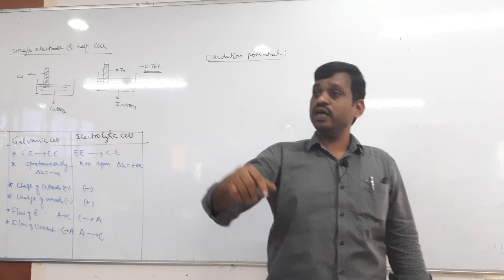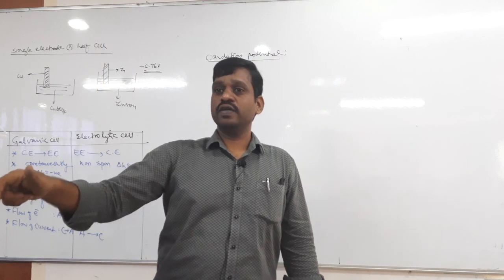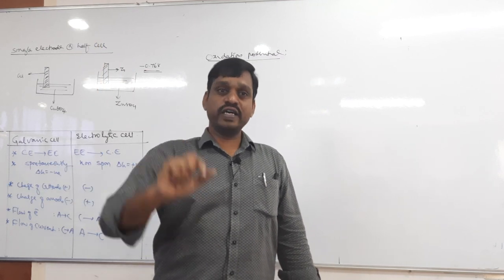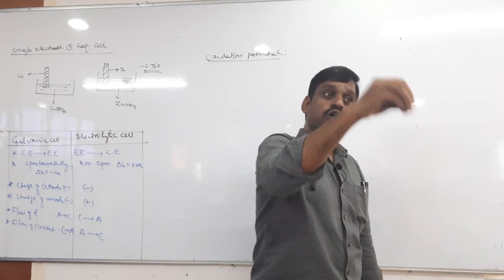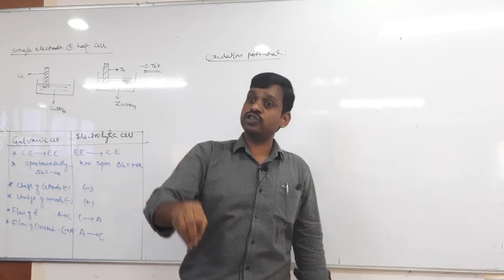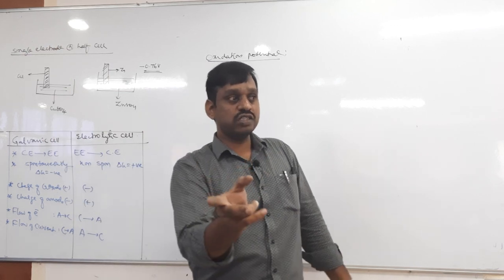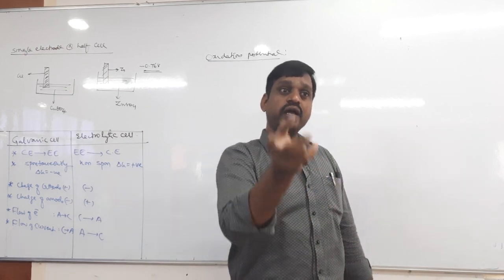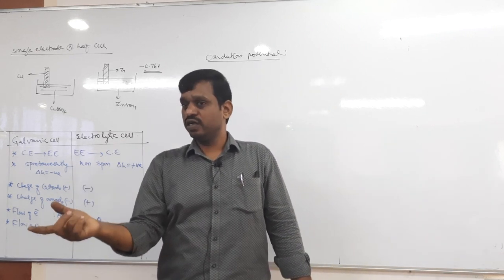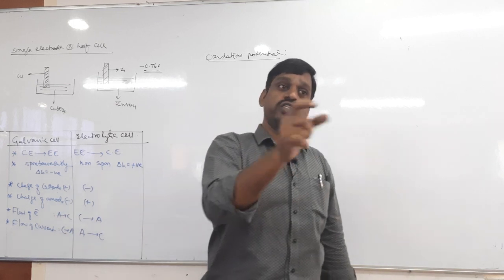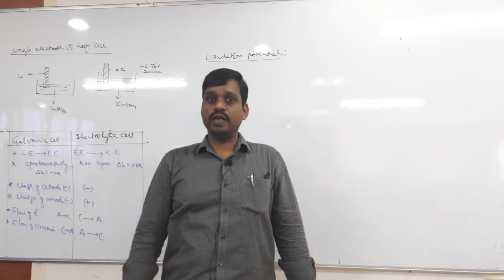Okay. Then similarly, reduction potential. The potential developed at an electrode by the process of reduction is called reduction potential. For example, copper rod. When copper rod is placed in copper sulfate solution, reduction takes place on the copper rod. So due to reduction, potential will be developed. That potential is called reduction potential. Therefore, potentials are of two types. Potential may develop due to oxidation, or due to reduction. If the potential is developed due to oxidation, it is called oxidation potential. If developed due to reduction, it is called reduction potential.